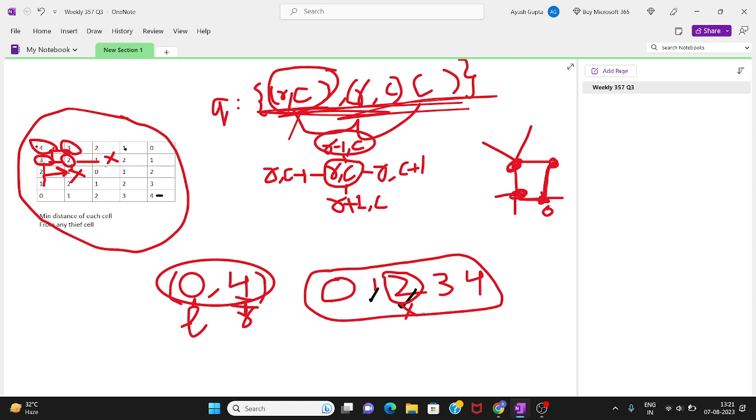Now, if this 2 cannot be achieved, can you tell me whether 3 can be achieved? No. 4 can be achieved? No. Why? Because we do not have any path with all cells having value greater than or equal to 2.